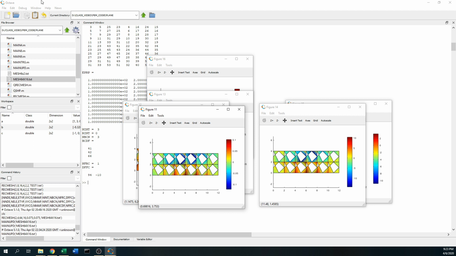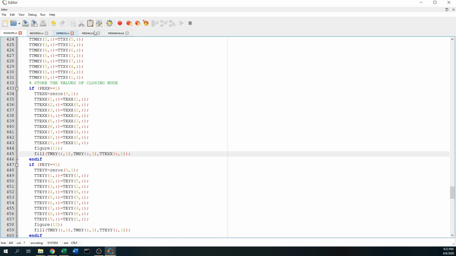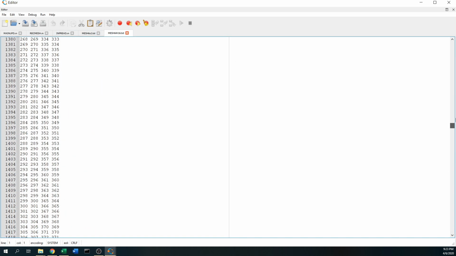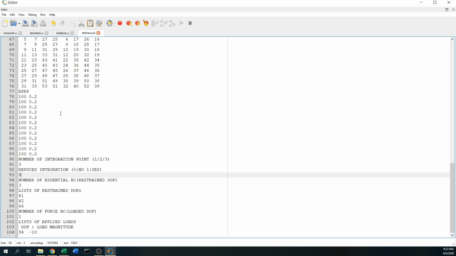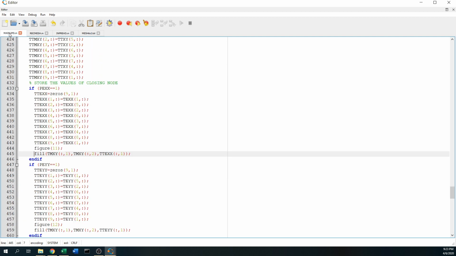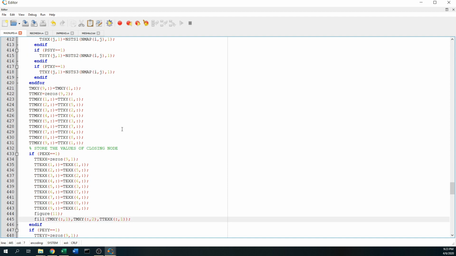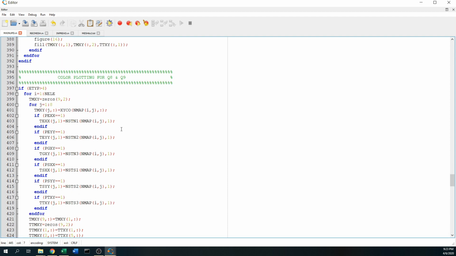Well, haven't we done anything with the 64 by 16? What is that element? Q4? Oh, well, there you go. It is Q4. So we have the Q4 stress plot verified, but we never really get the Q8. Okay, fine. But now the point is that